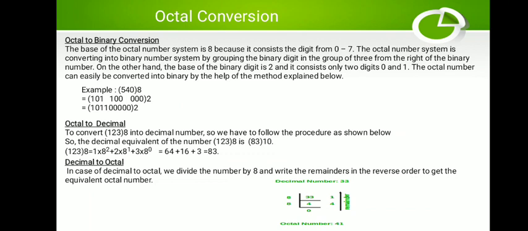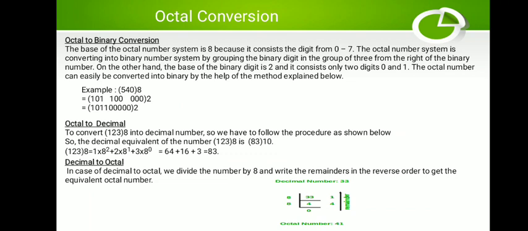One important thing you have to remember here is that when you group a binary number, we are proceeding from LSB to MSB. Suppose in the last group we have only a single digit, either 0 or 1. We can't discard that bit. If it is 1 bit, we will add 2 zeros towards the leftmost, and if it is 2 bits, we'll add 1 zero. Then it will form a 3-bit binary number, and we write its octal digit. So remember this, don't discard that single bit.